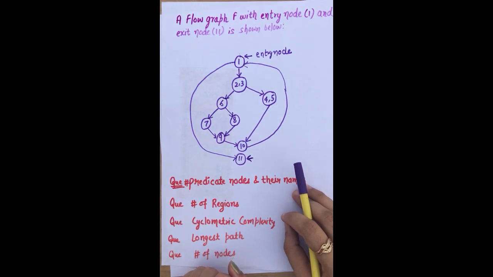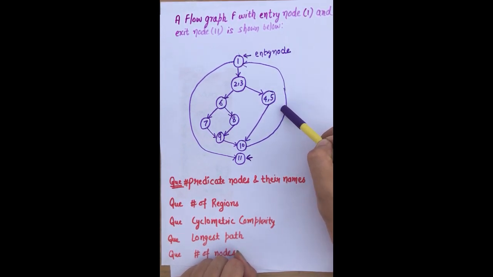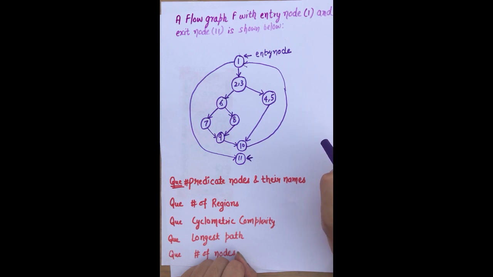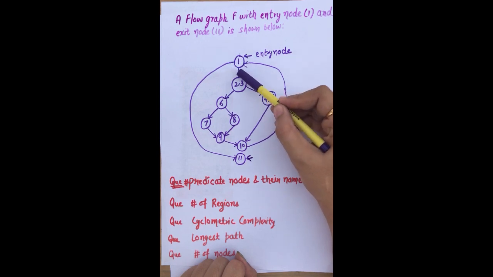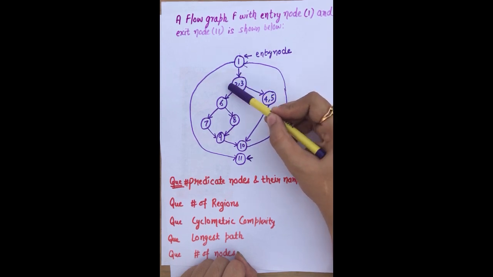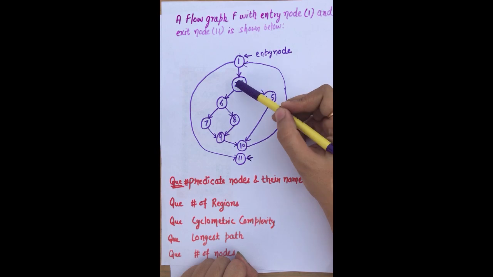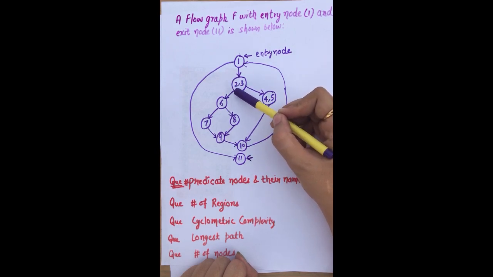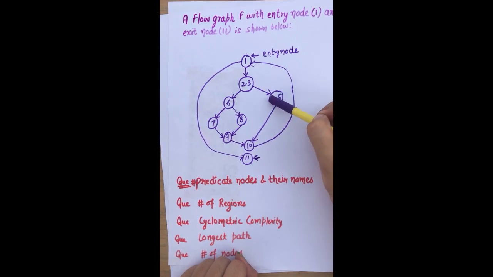The nodes in a graph indicate the smallest groups of a program, and the directed edges connect two nodes, meaning the second command might immediately follow the first command. Just like from statement number 1, you go to statement number 2 or 3. This is a decision point. Why? Because you see two paths from a single node, which means a decision is happening. If the condition is true, you follow this path, else you follow the other one.